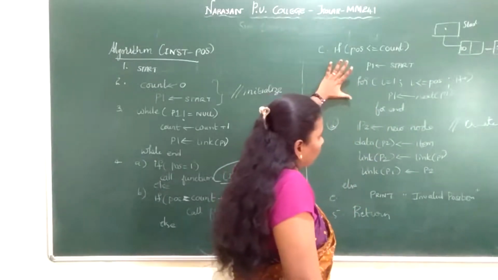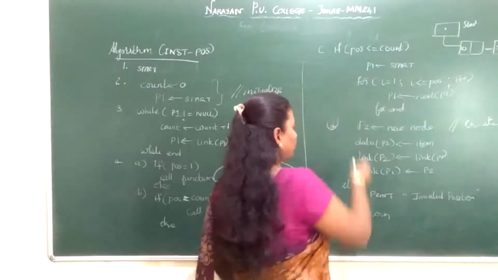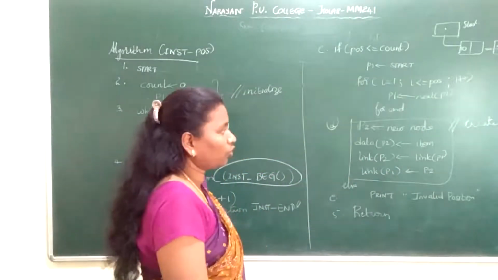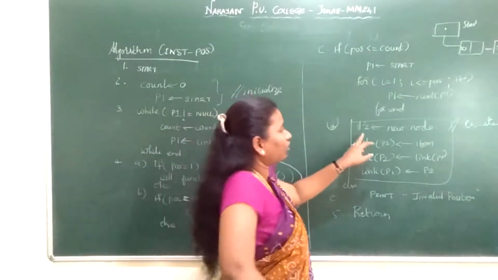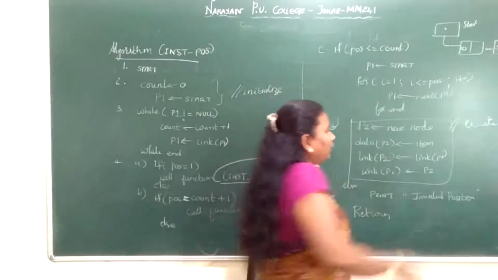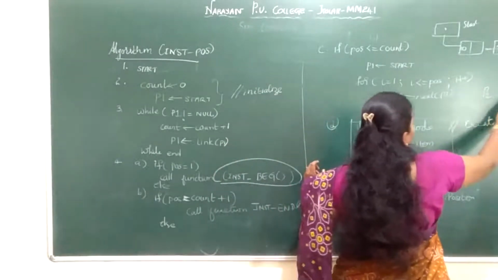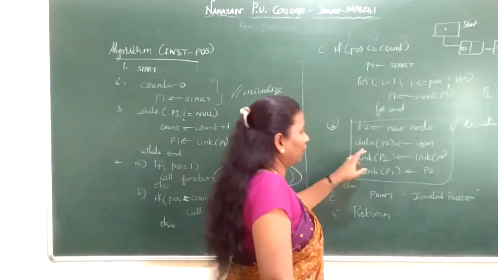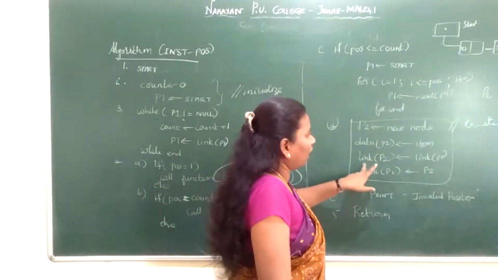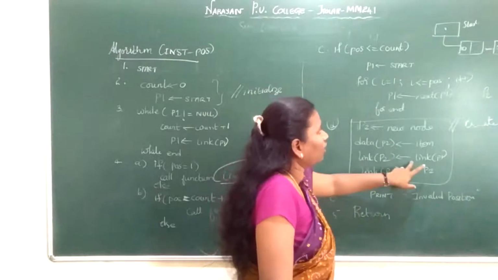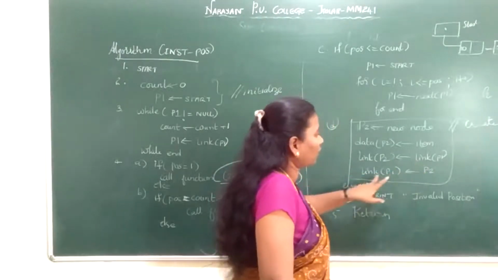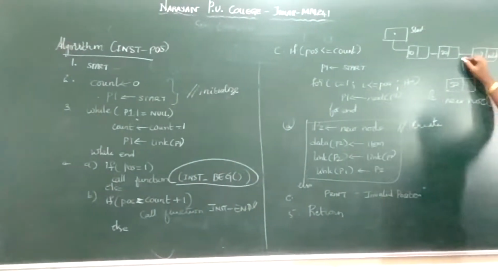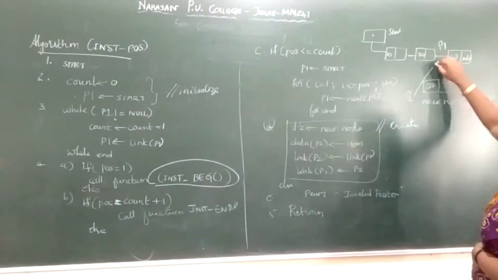Before that, this routine is for creating a new node, as I told you in the last class. How to create a new node? I create P2. Imagine this is your P2, the new node I am creating, and I am inserting the element 30 as its data. Where I want to insert, at that particular position, I want to give this link. Imagine my P1 is pointing here. This P2 I want to insert.